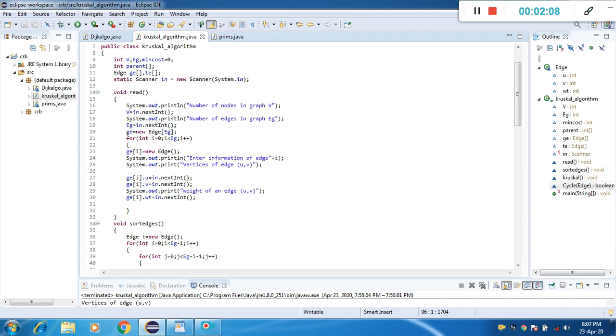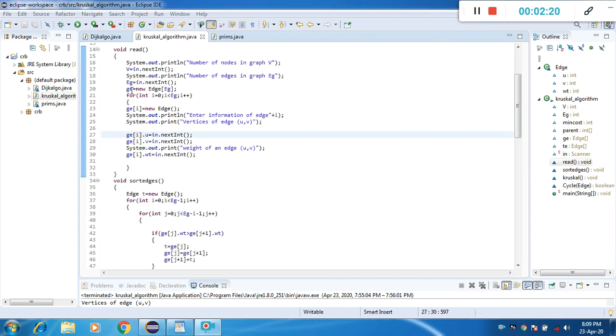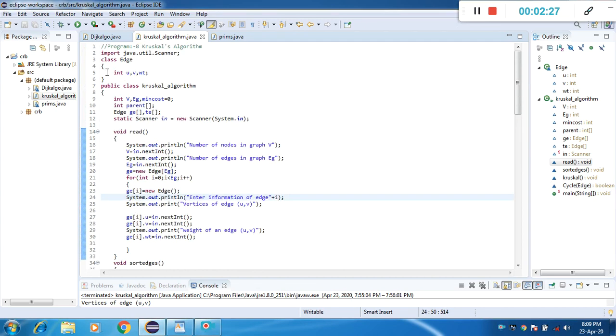Next you have to initialize the number of edges for another class called Edge using the variable g. Then next create a set of objects for another class as new Edge[e], where the class Edge includes three variables called u, v and weight, where u and v represent the source vertex and destination vertex, and weight represents the weight of the edge u to v.